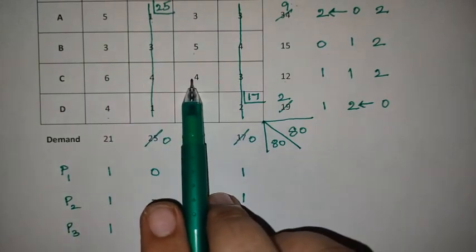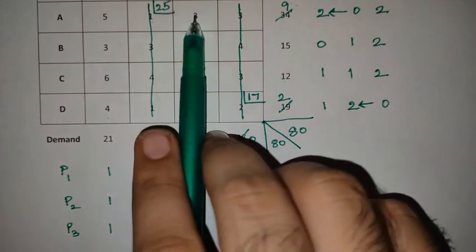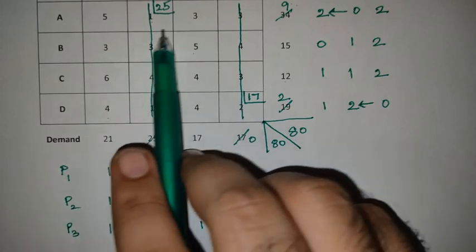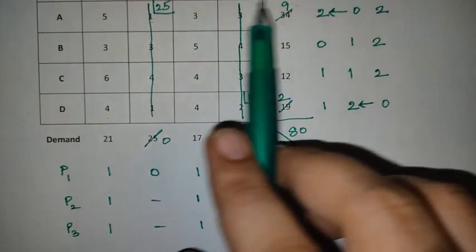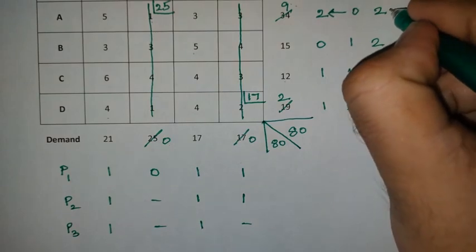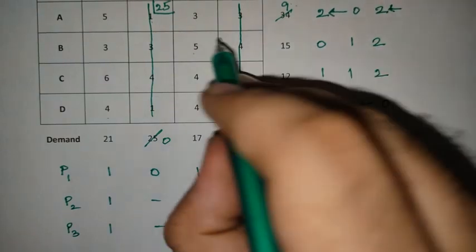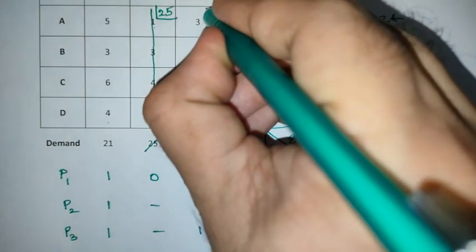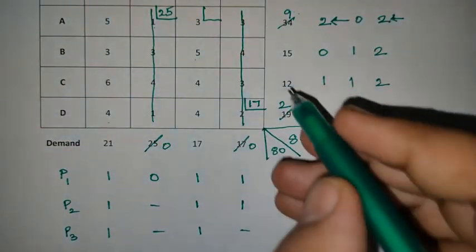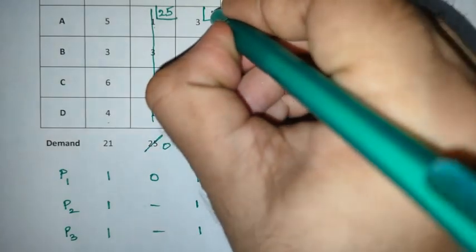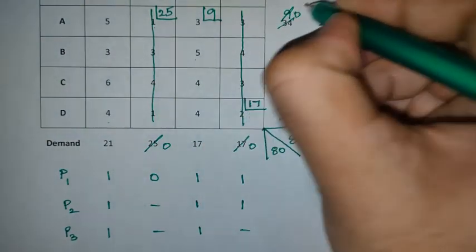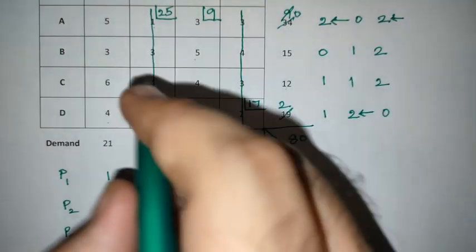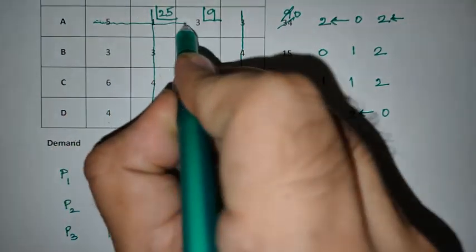So what is the thing we can take? The minimal value we need to take. So here these two are minimal values. We can take any one of these. So I am taking this one. So in this 2, I am taking this 3. So now allot the number of units. So 9 units are there. Allot. So what is the remaining demand? 8 units. As this row becomes 0, so strike off this row.